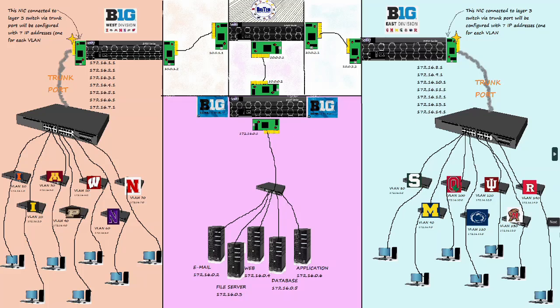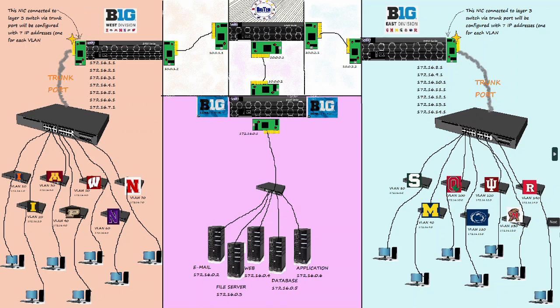Okay, welcome to this Packet Tracer network demo. As you can see from this diagram here, we will be dealing with 4 routers, and they will be Cisco 2911 routers, 2 layer 3 switches, and then there's going to be 7 layer 2 switches in the Big Ten West,